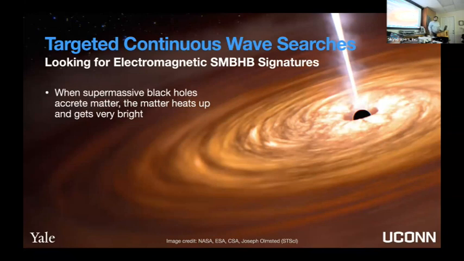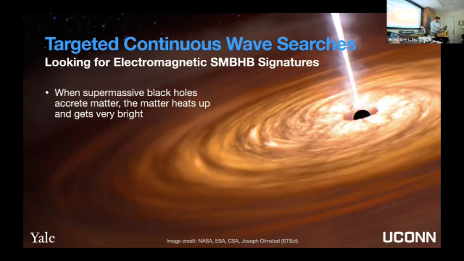So before I go more into that, I'll tell you a little bit about quasars, which are supermassive black holes that are accreting matter. The reason we care about them is because they're going to help us know where to look for the supermassive black hole binaries. So when you have matter around a supermassive black hole that's falling into it, all of that gas will heat up as it gets closer to the black hole. You basically have a whole lot of dust and gas that's getting squeezed into a smaller and smaller space. And as it squeezes together, all those particles bump against each other and heat up. It gets very, very hot and very, very bright. In fact, quasars can outshine entire galaxies. That's how bright they get.